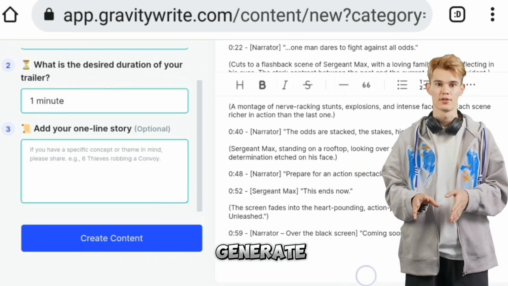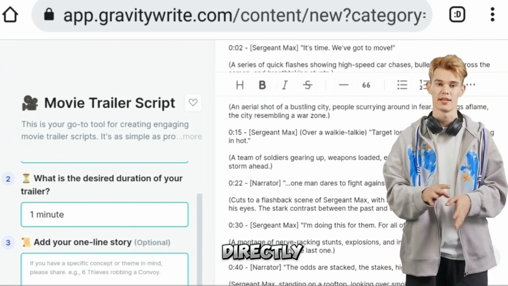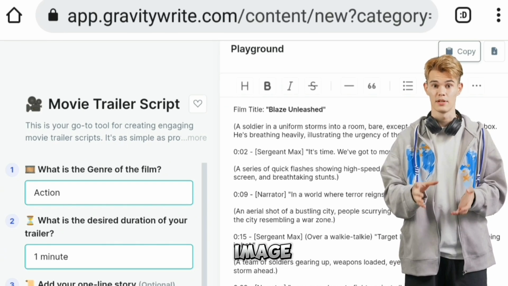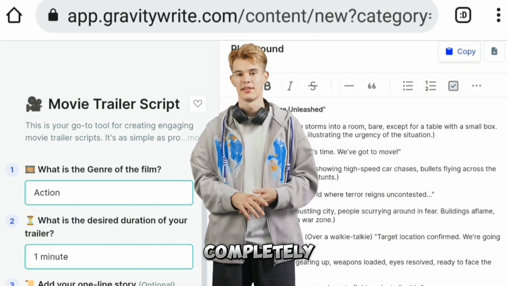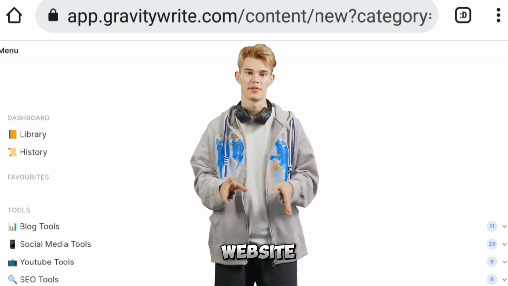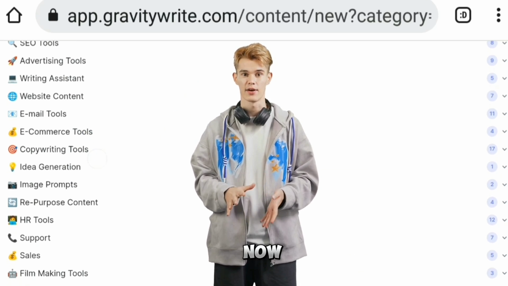You can't generate your movie from this story directly. In the next step, you must convert your story into image prompts. Copy your story completely. We can generate the prompts here on this site and don't need another website. Click here. And now we're looking for